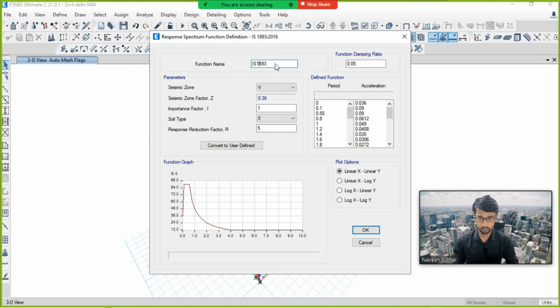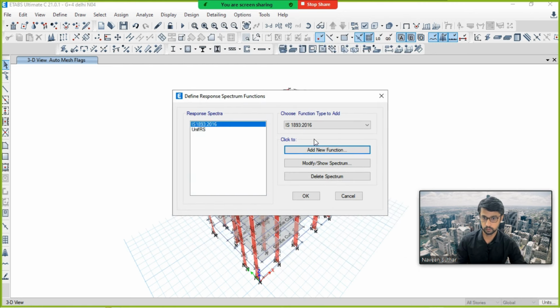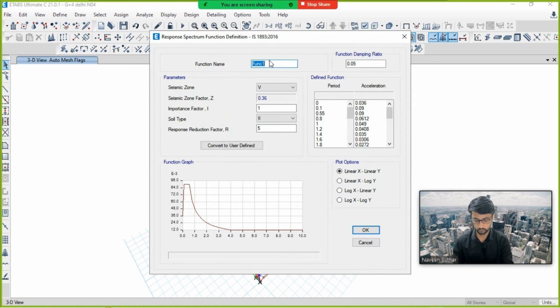IS 1893 and 2016. We will go to Zone 4, for daily in Zone 4, and importance factor 1, so I'll type 2 and 4. Okay, I will go to OK, then we will add a new function again, and we will go to IS